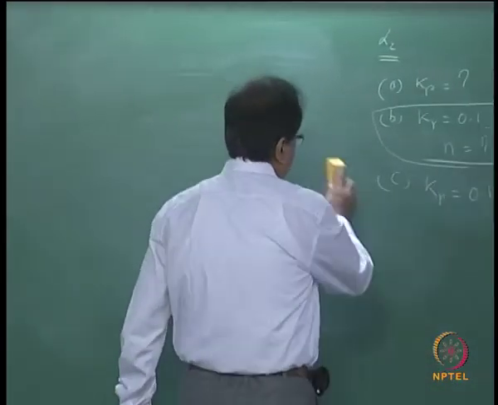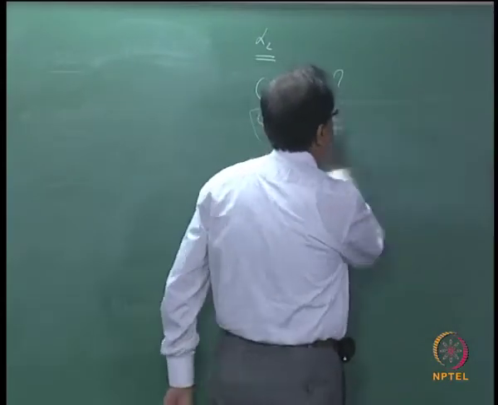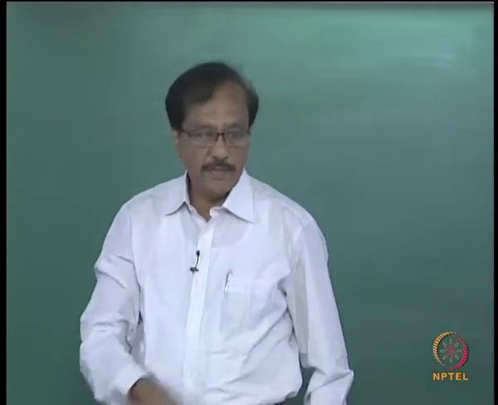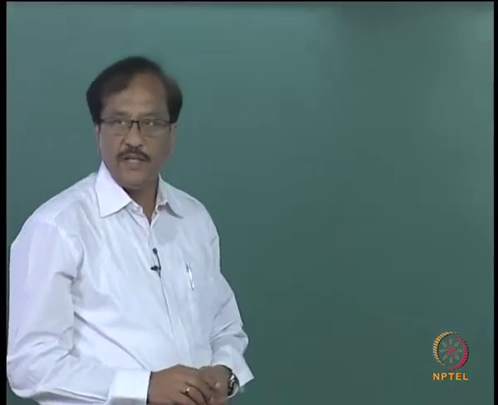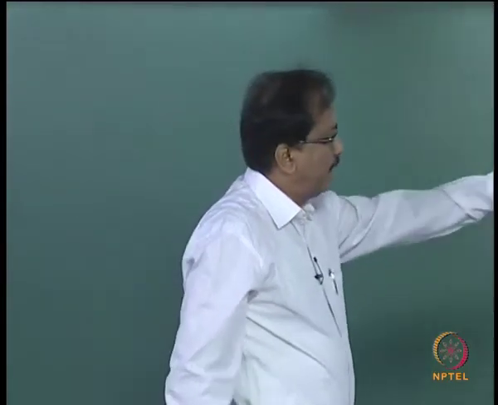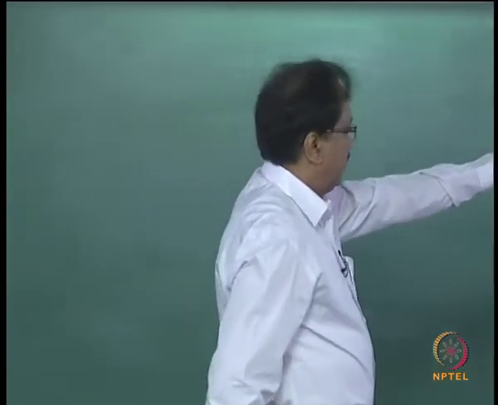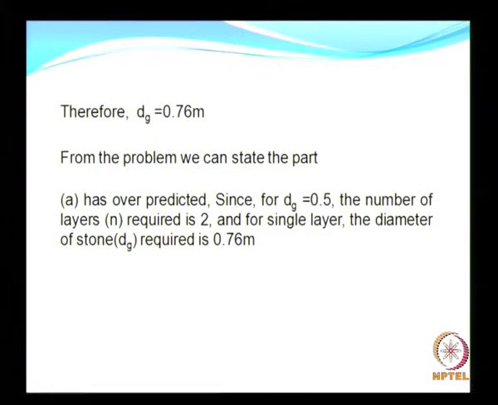So what did we understand? If you have any doubts, go through the slides again in order to understand what we have proved. That is, through problem 1 we have seen that it is over predicted, that is if you are using those curves it is going to be over prediction of reflection coefficient.